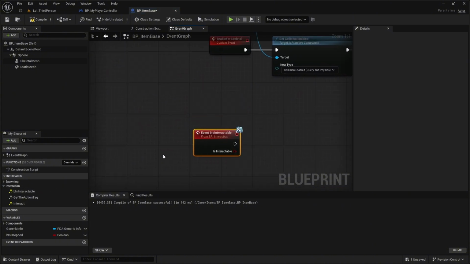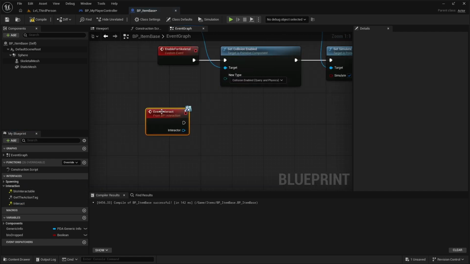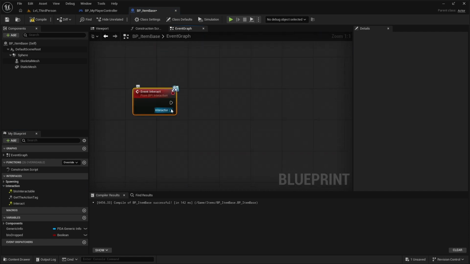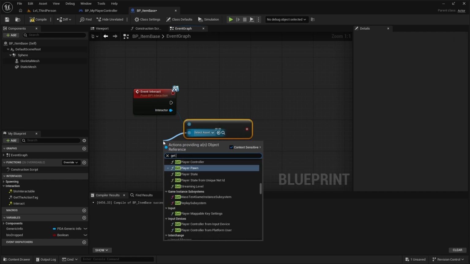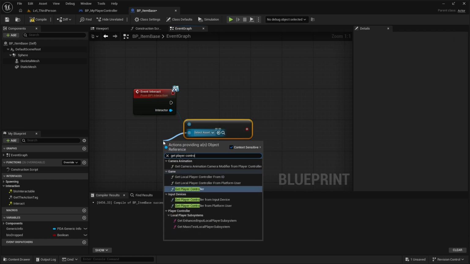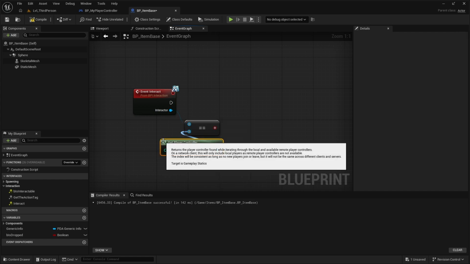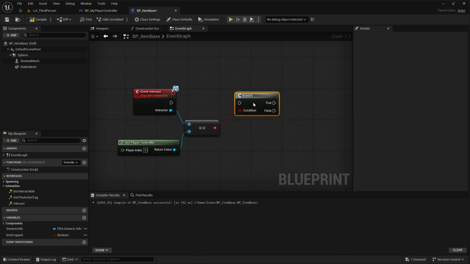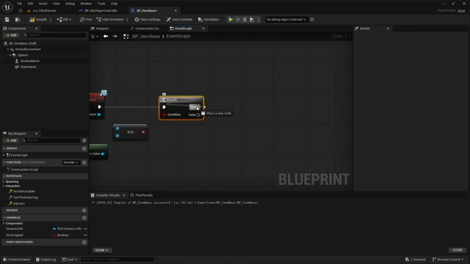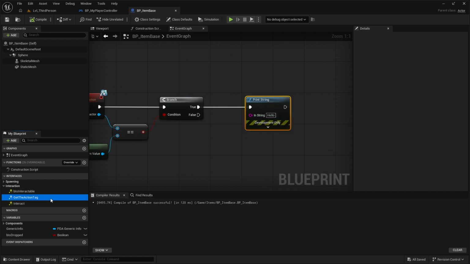Maybe this, I think this is wrong, but for now I will say equals with get player controller, and if this is true, do something like print string hello. And the action tag,